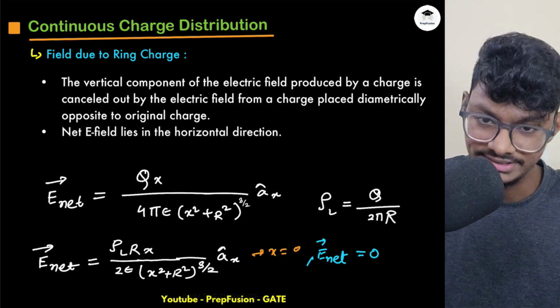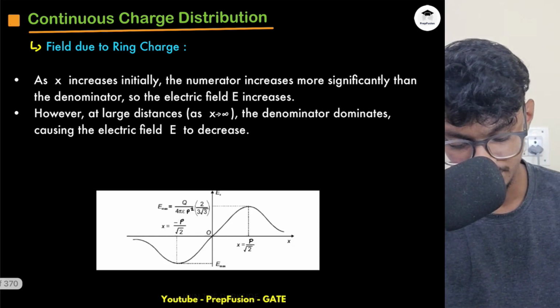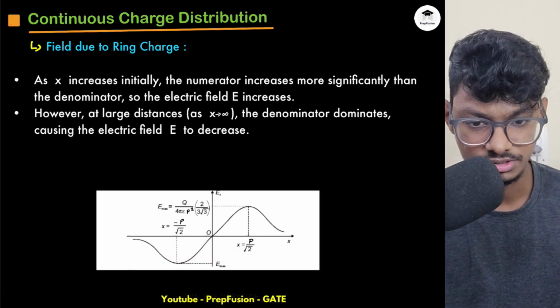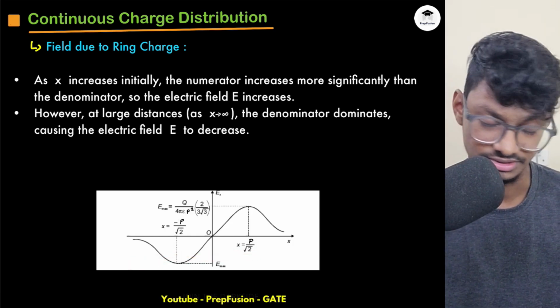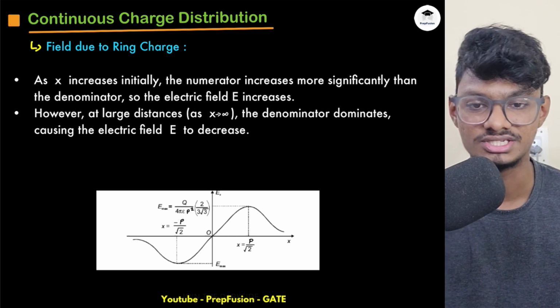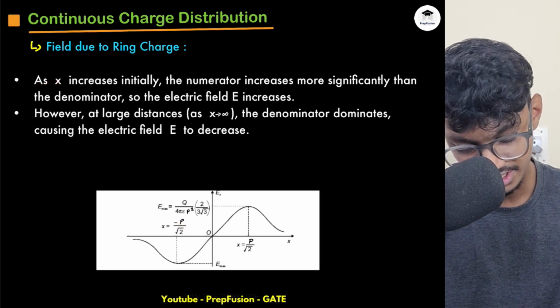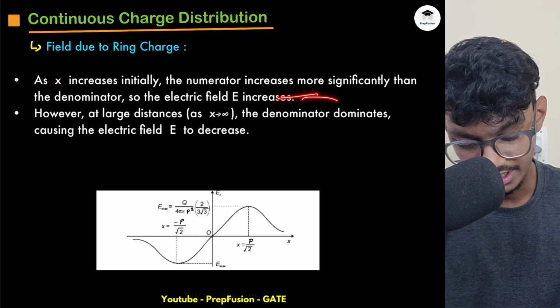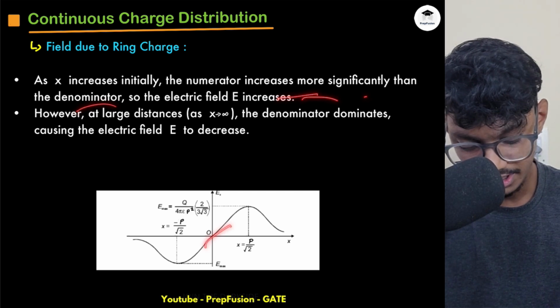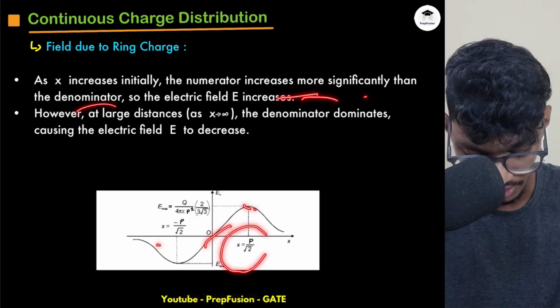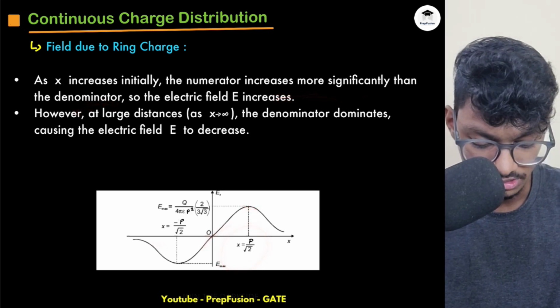Okay, so that's how we do it. Now there is a variation of electric field intensity due to ring charge. As x increases initially, the numerator will increase more significantly than the denominator. Then after a certain point, that is this point, the radius divided by root 2, the electric field